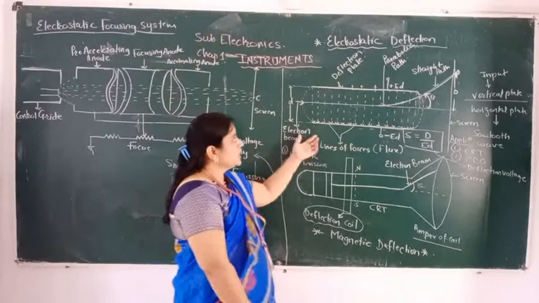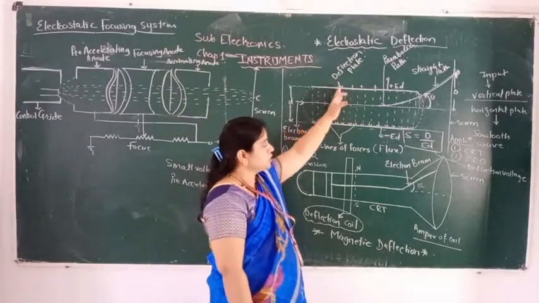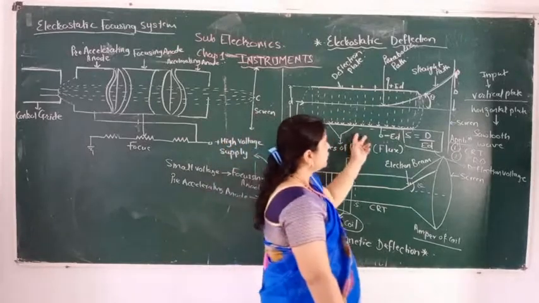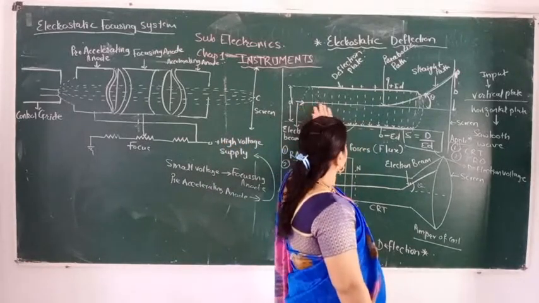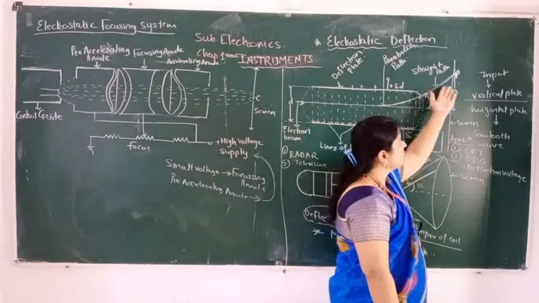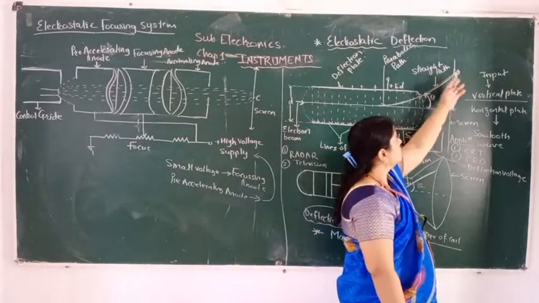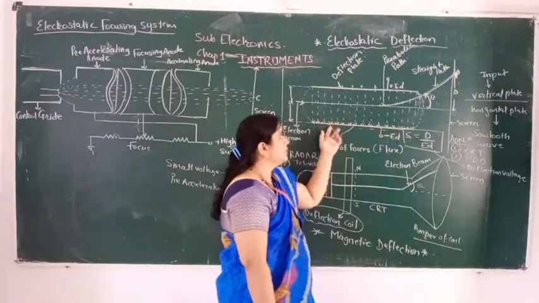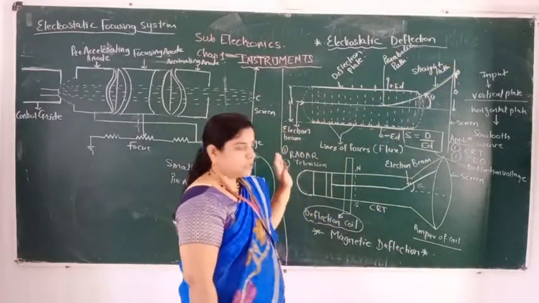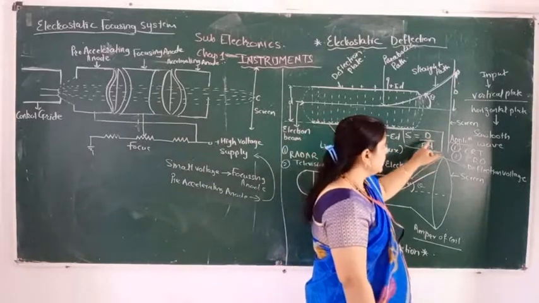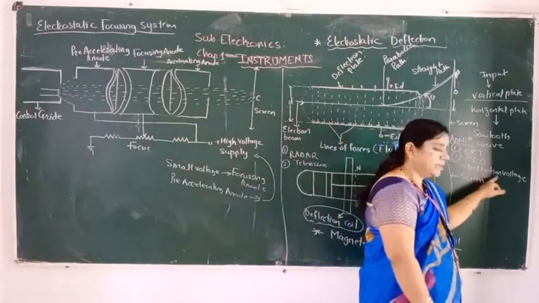In the electrostatic deflection, 2 plates are there, a positive plate and a negative plate. Lines of forces are there. It depends on lines of forces. If a supply is applied, electrons will flow. It will not be a straight line. It will make a parabolic path and move in the upward direction. That is in the electrostatic deflection. So this sensitivity can be calculated by D upon Vd. This Vd is what? The deflection voltage.